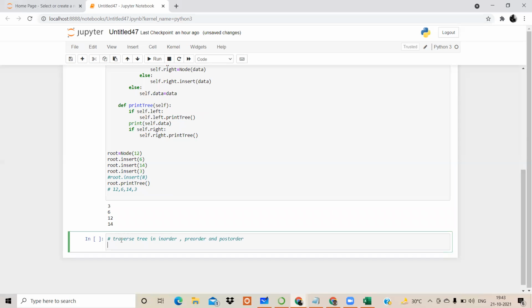So first we want to create a tree and then we are going to write a logic so that it will give us a pre-order, in-order and post-order traversal of any sequence that we are going to pass. So currently, I give you a sequence. Just try to change that sequence into in-order, pre-order and post-order.